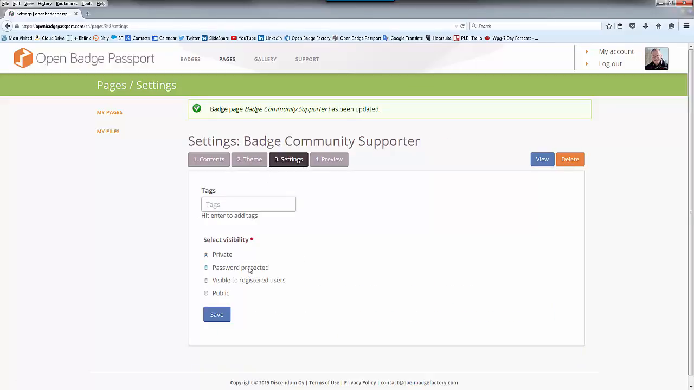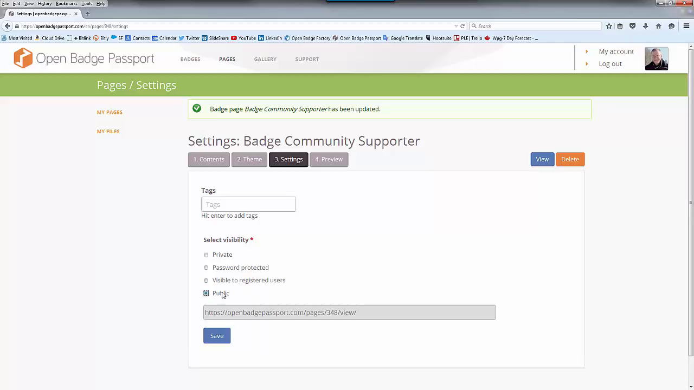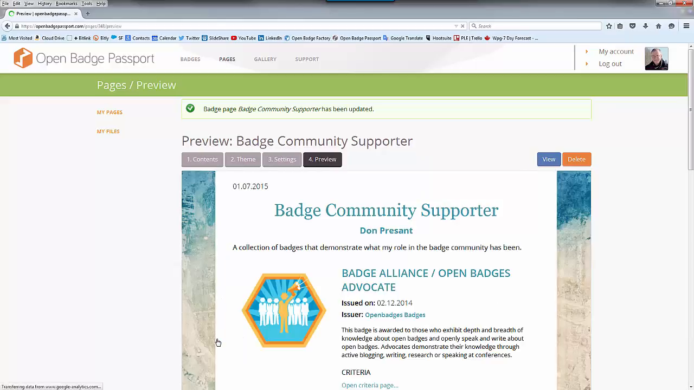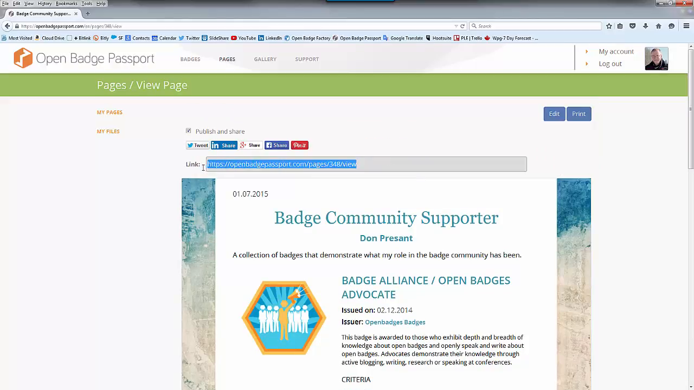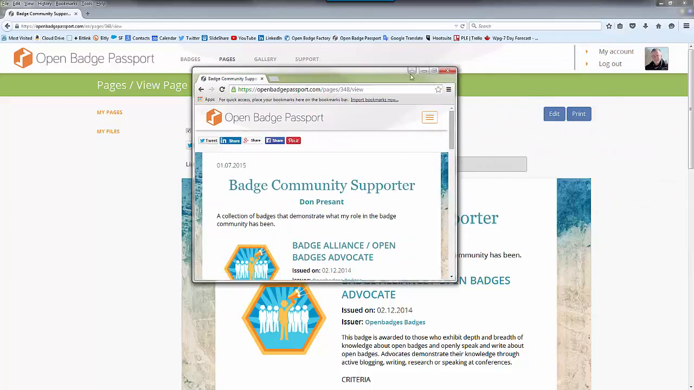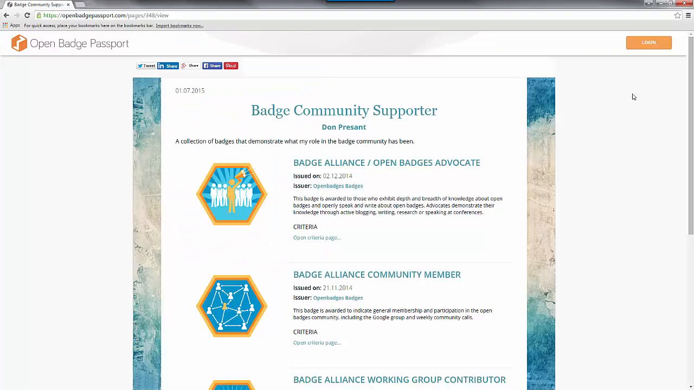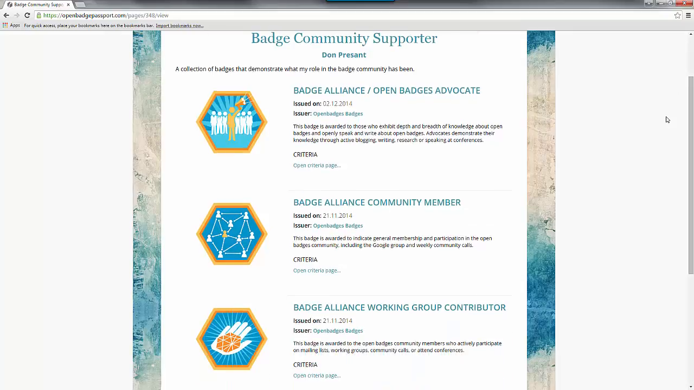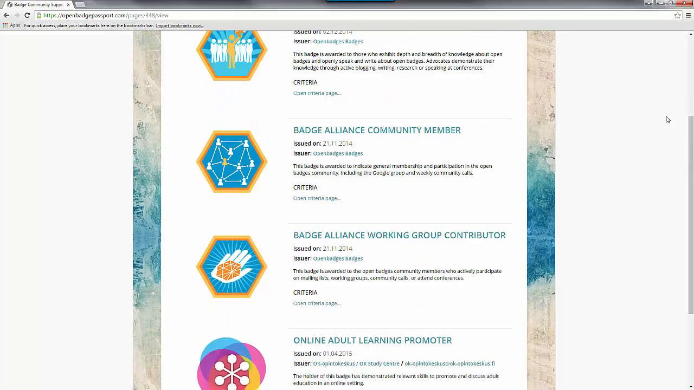In the settings, we can make it, as you see, private, password protected, visible to registered users, and I'm going to make mine public. There's a link right away that I get. I'll click Save. Let me just show you how it looks in another browser where I'm not logged in. Okay, so I've pasted this into a new browser, and this now is what my page would look like to